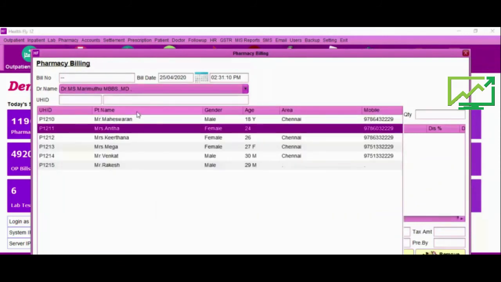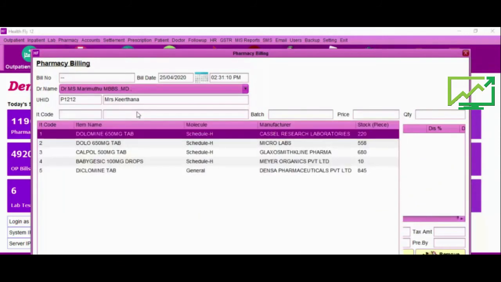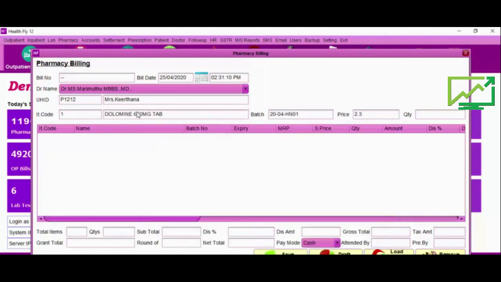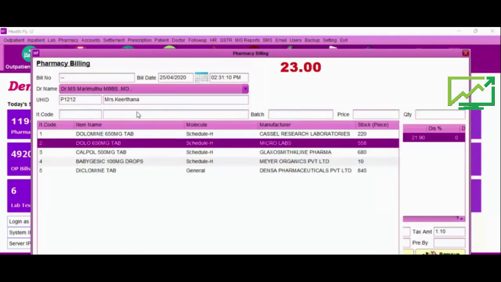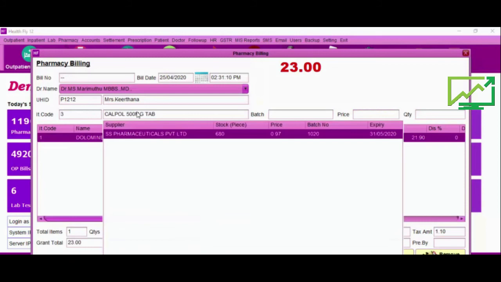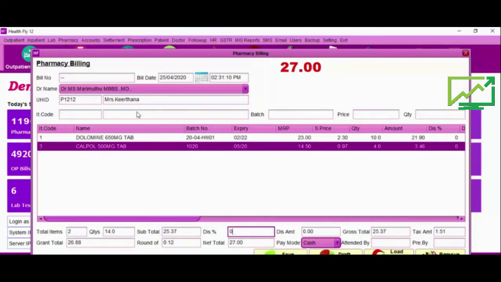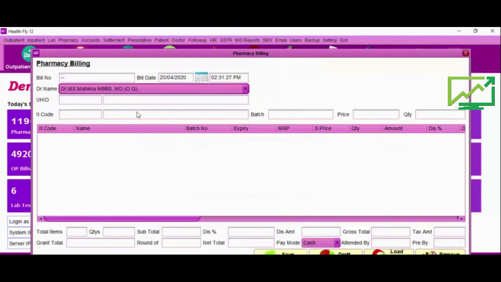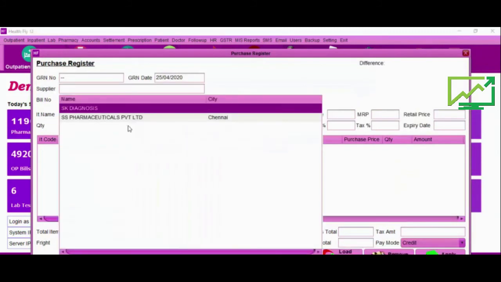Select the consultant, select the patient, select the drugs one by one. That's all. Within a minute you can make the bill. Even after 2 lakh, 3 lakh sales also, software will work on the same speed because it is a lightweight process.